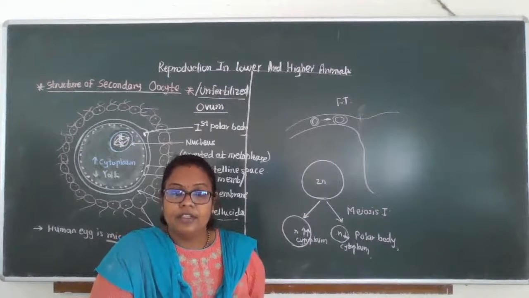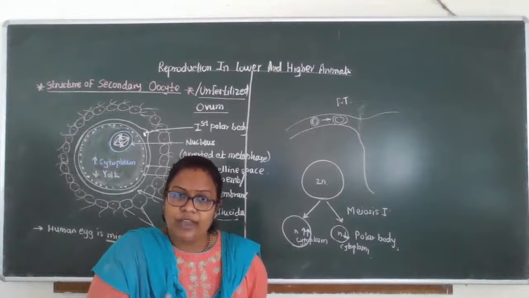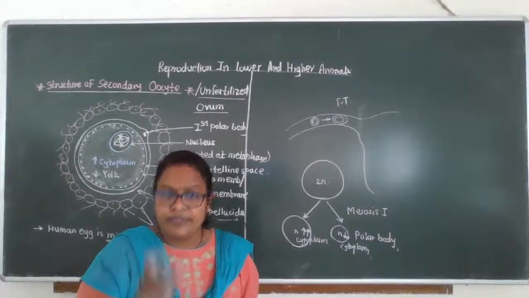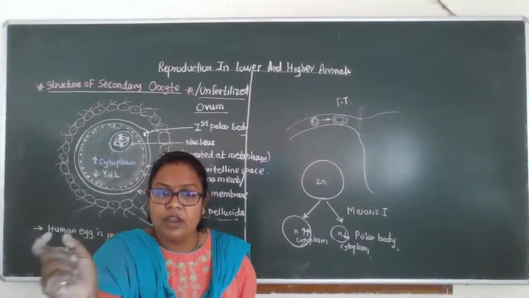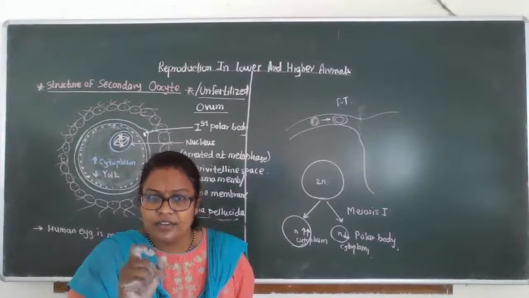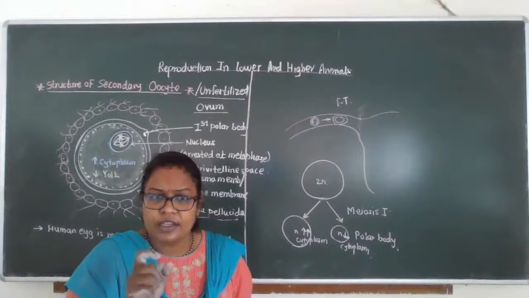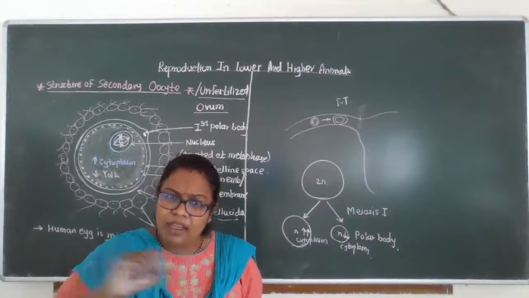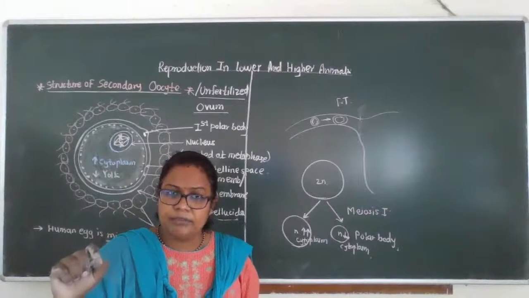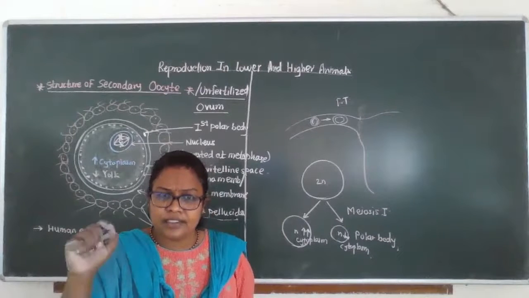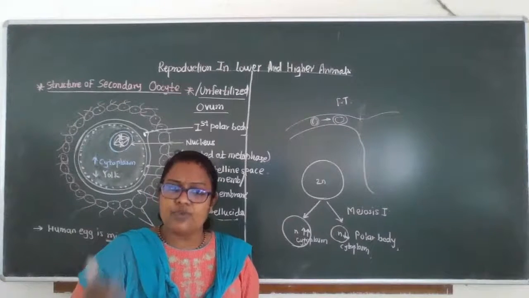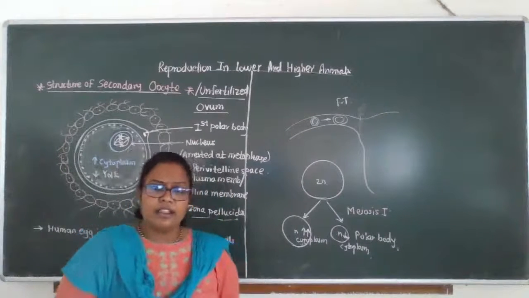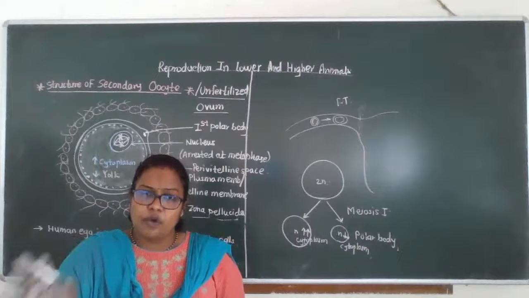Related with another point, as you have studied, after birth to puberty, this is arrested at prophase. It is arrested at prophase, and that means it takes so many years. It takes many years to complete its division, and this happens when it comes to the age of puberty. Clear? And the next one, this secondary oocyte gets formed.